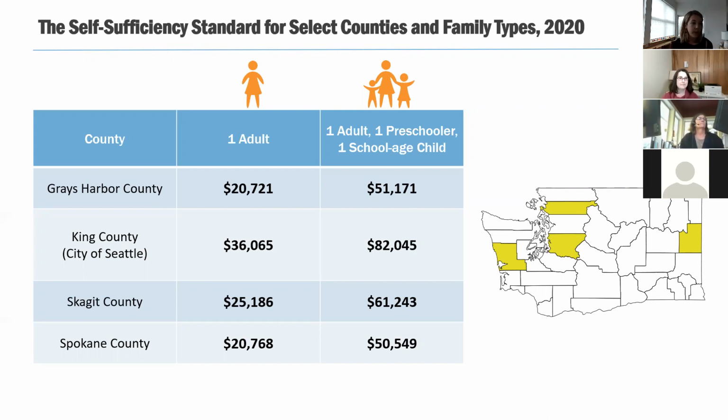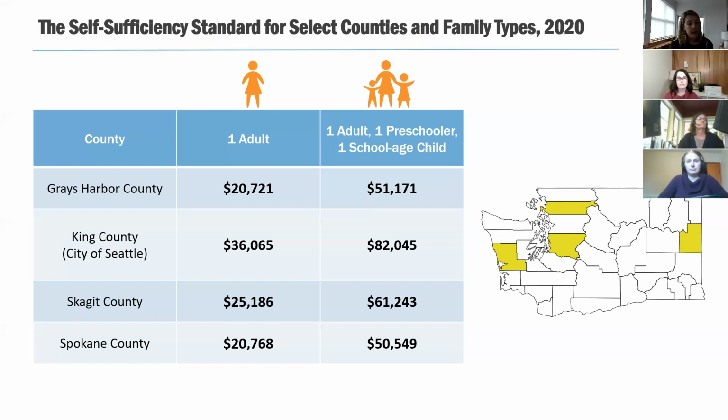It illustrates 2 different family types, an adult and then an adult with a preschooler and school-age child. I've chosen Grays Harbor, King County in the city of Seattle, Skagit County, and Spokane County. And you'll notice that Grays Harbor County has the lowest self-sufficiency standard, with Spokane County being very close behind for one adult. And then the highest, most expensive cost is King County in the city of Seattle,